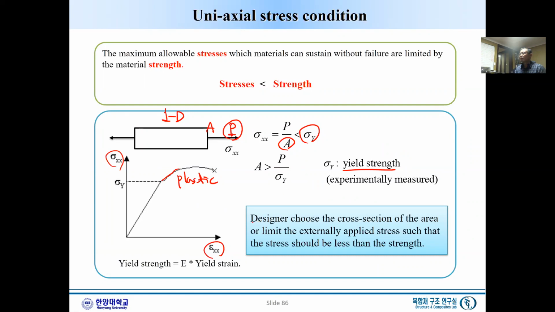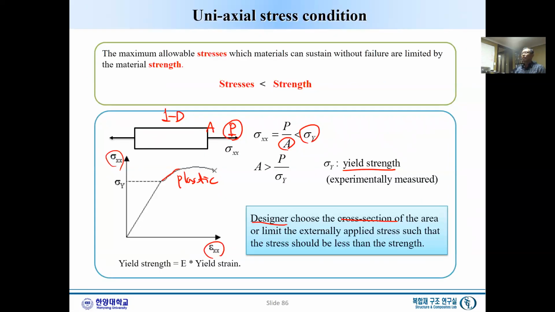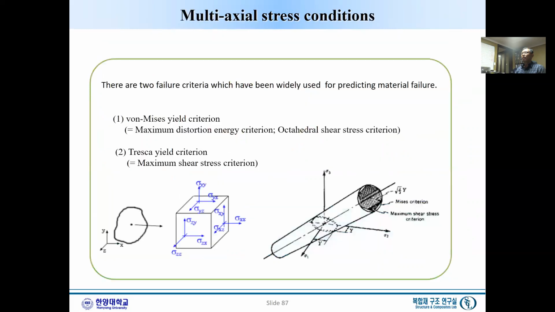So the designer chooses the right cross section of the area or limits the externally applied load so that stress is less than the strength. Now, this is very clear for one-dimensional cases. But as I mentioned, the point is multi-axial stresses. In other words, let's say we have a three-dimensional general